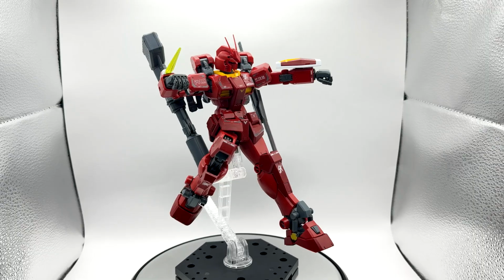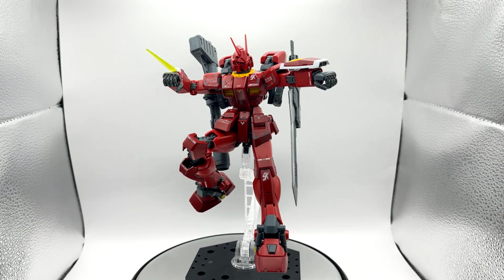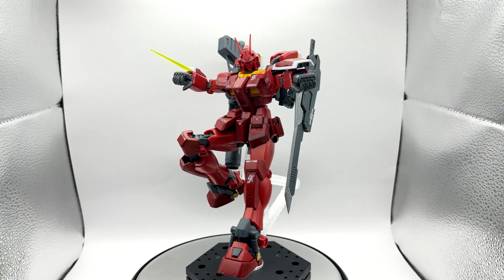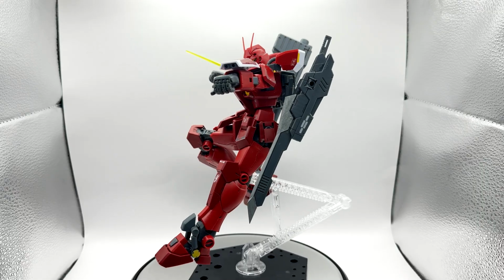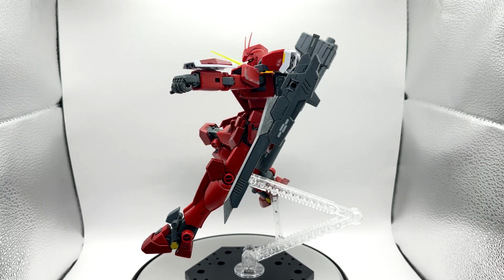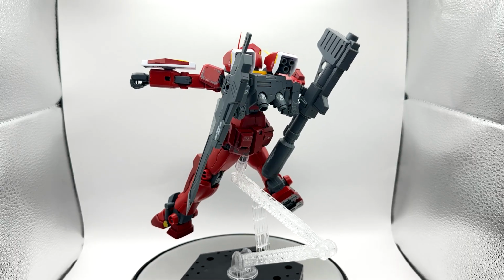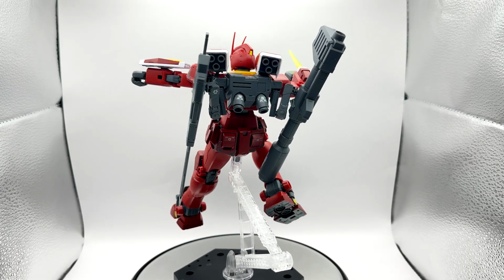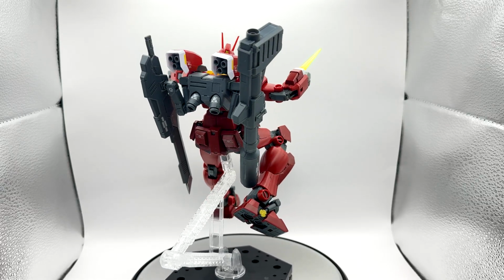So, in conclusion, the Master Grade Amazing Red Warrior is a very versatile kit that actually serves as a surprisingly good base if you want to do custom builds and things like that. It being kind of a generic design, and I mean that in a good way, does mean it is a pretty excellent base platform to let your imagination run wild and change its arsenal out with some slight modification to any weapon you would want to give it, or change its color scheme,